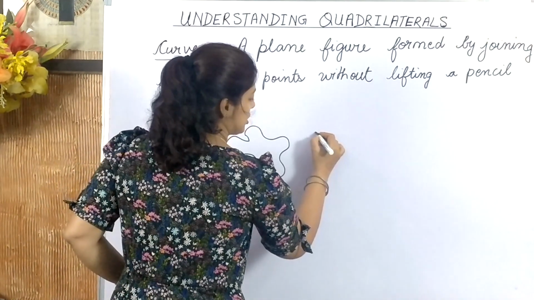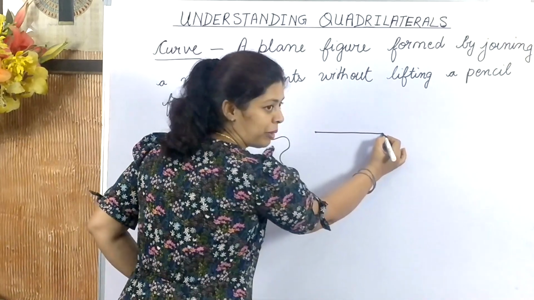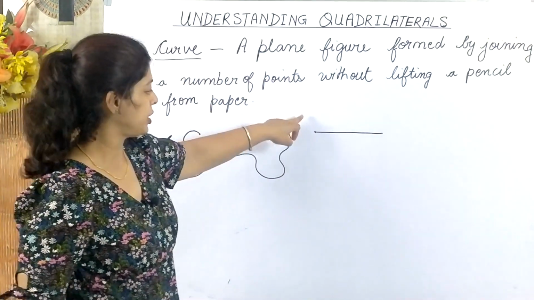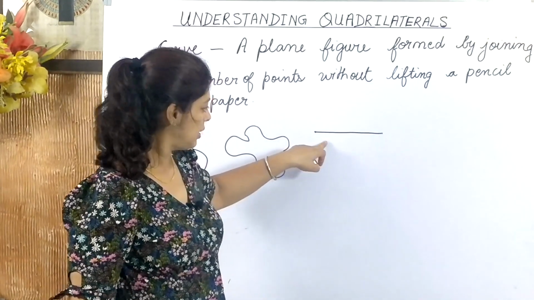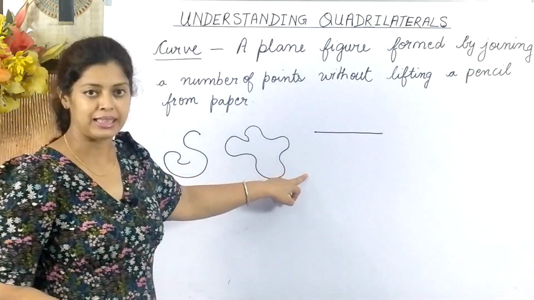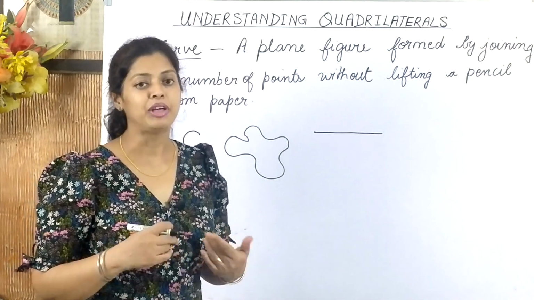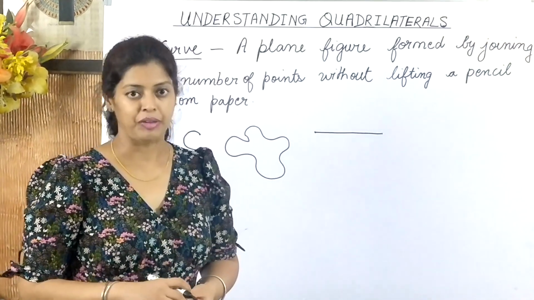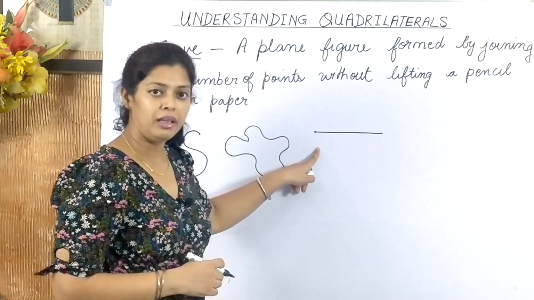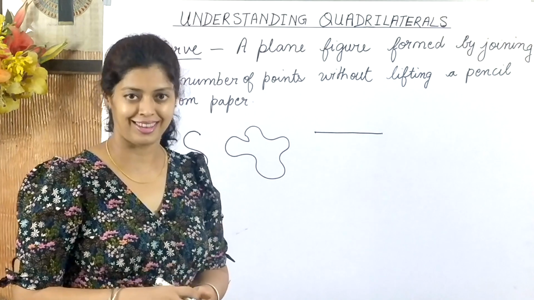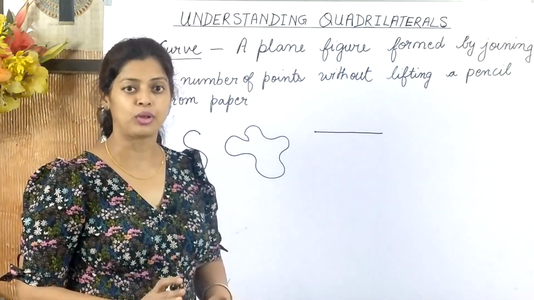But wait a minute, if I start from here and draw a straight line like this and stop here without lifting my pen, then as per the definition, to make the straight line I have not lifted my pen. So I can say that this also is a curve. Yes, in normal language when we talk about curves, we refer to something which is not straight. When we say that the road is curvy, it means that the road is not straight. But mathematically, even a straight line can be referred to as a curve. So, from this we can say that all figures made up of straight lines are also curves.